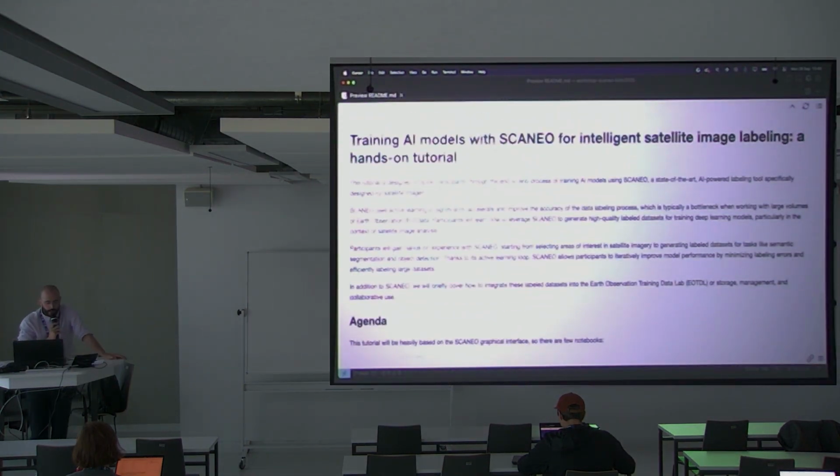So, as mentioned, this tutorial is designed to guide participants through the end-to-end process of how to label a model using SCANEO, how to get a custom dataset or a toy dataset, label it manually or label it using AI to make the process quicker and faster. And if you follow the tutorial, you'll see how easy it is to use SCANEO, launch SCANEO,